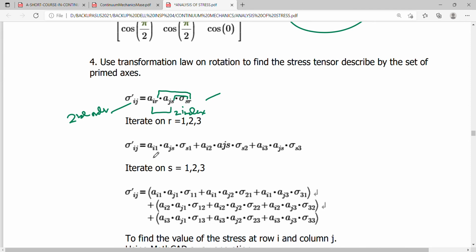I will now have an AI1, sigma S1 there, AI2, sigma S2 here, and AI3, sigma S3. And I iterate on S1, 2, 3, I will come up with an AI1, AJ1, A11, okay? Because this is all 1, etc. So the first parenthesis here refers to the first term here. Second parenthesis refers here, and the third